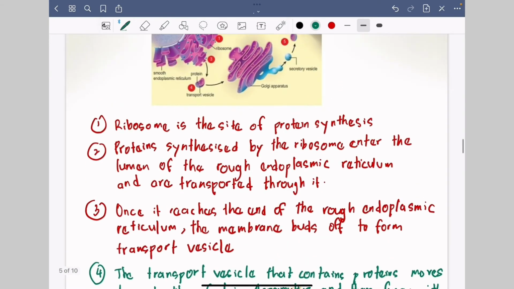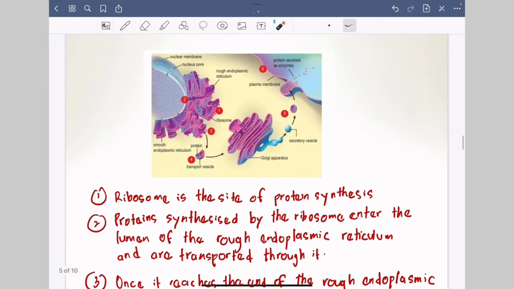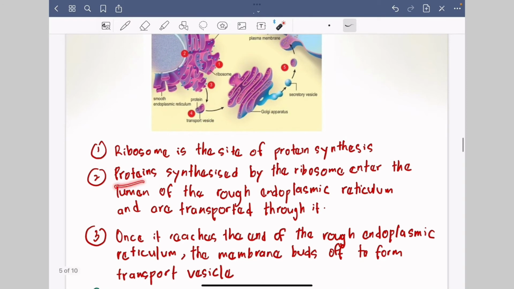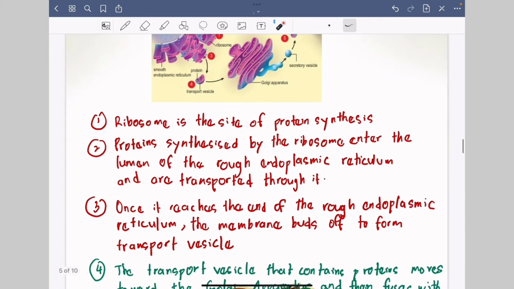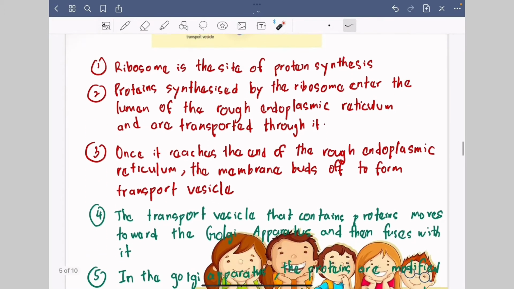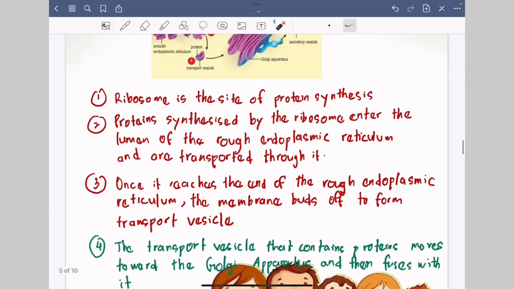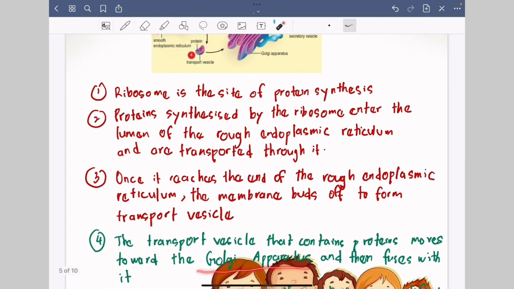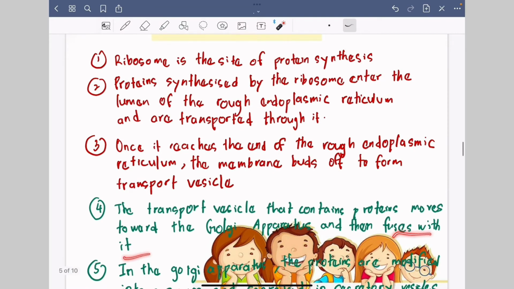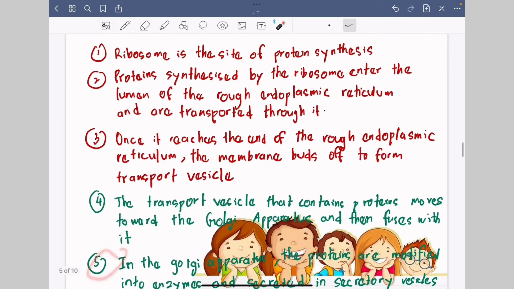Okay, so let's recap. That's a lot. The first one is the ribosome will synthesize protein. Second point, the proteins will enter the rough endoplasmic reticulum through the lumen. And the third point, the proteins will be packed into transport vesicles. The fourth point, the transport vesicle that contains proteins will transport the proteins towards the Golgi apparatus and fuse with it. And then the fifth point, the Golgi apparatus